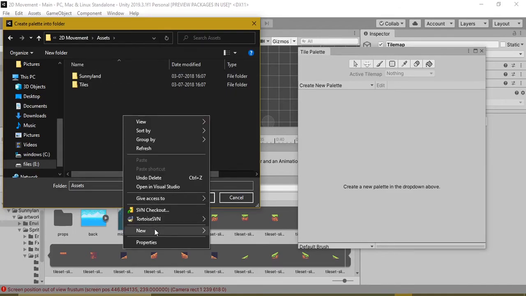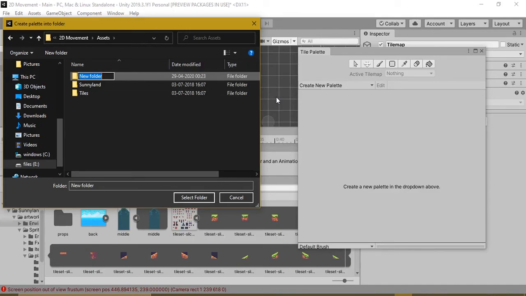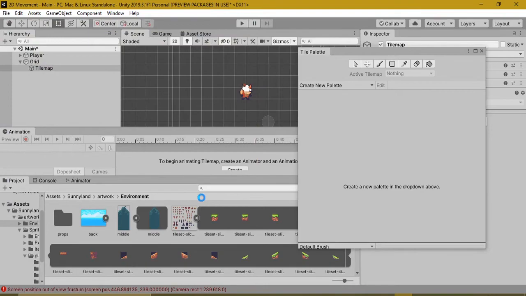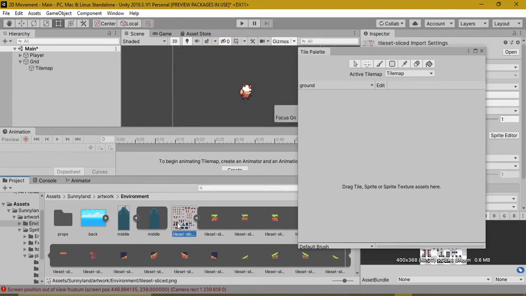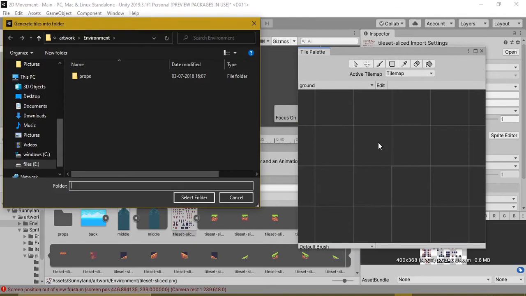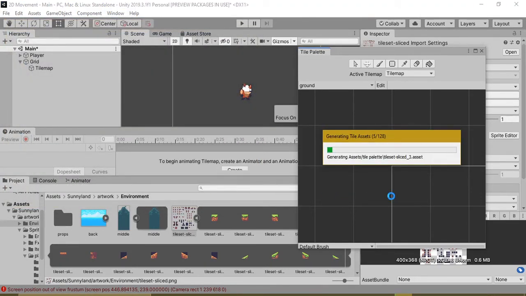We'll make a new folder to be organized. So now we'll put all these. So now it's going to create a tile palette for us.